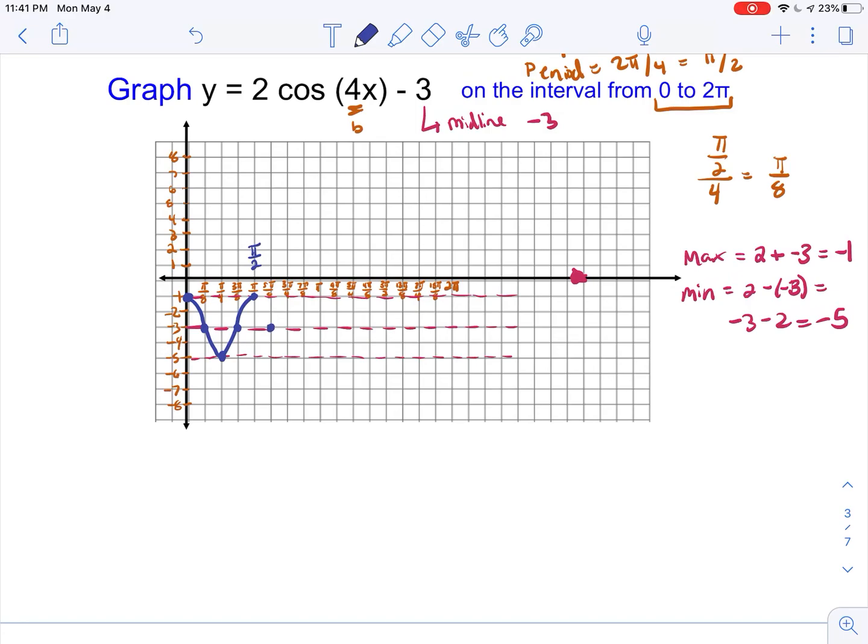Now, because we're graphing from 0 to 2 pi, I have to continue. So what's my pattern? Well, I start at my max, I go to my midline, minimum, midline, max. That's our second full cycle. Follow it again. Maximum to 0, 0 to minimum, minimum to midline, back up. And again. Here, here, here, and here. Giving us our 4 full cycles graphed. All right. Now you could have graphed the original parent function and shifted